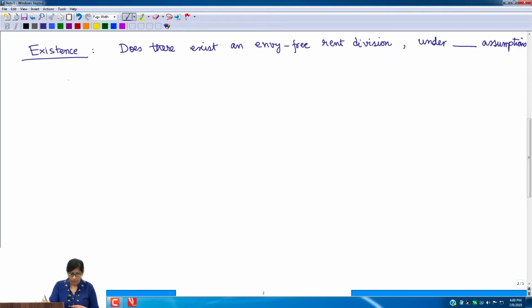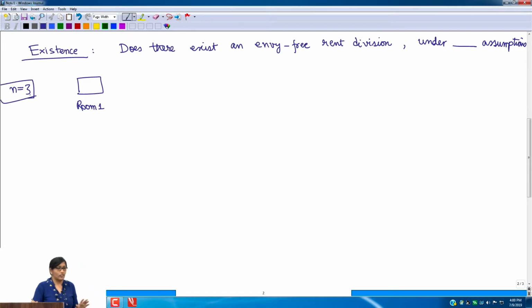Yeah, okay. So let's say this is my model. Let's say this is room 1. Again, I'll work with n equal to 3 for ease of presentation, and we'll see what happens for a greater number of agents. So let's say there are 3 rooms and 3 friends or 3 agents in the system,